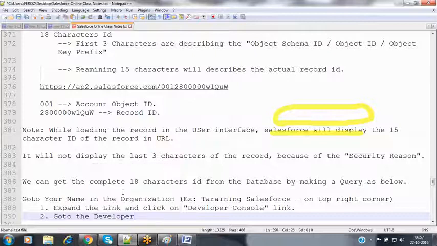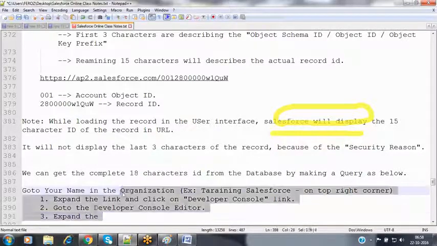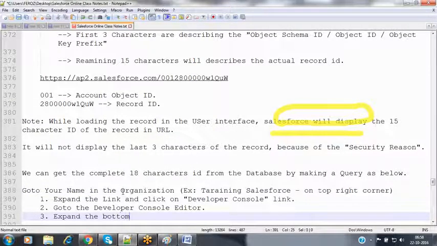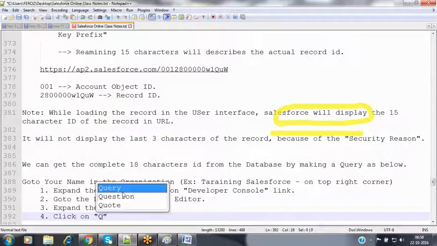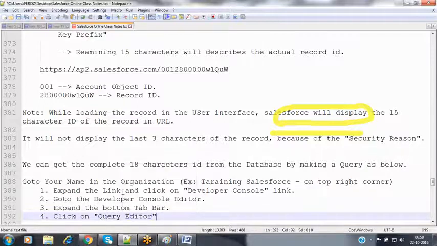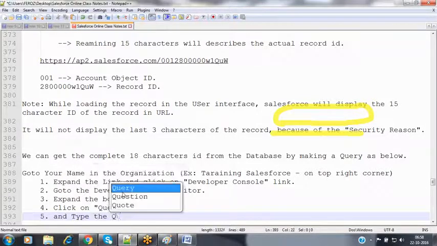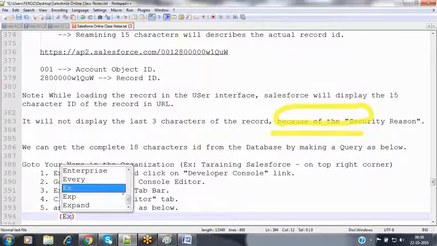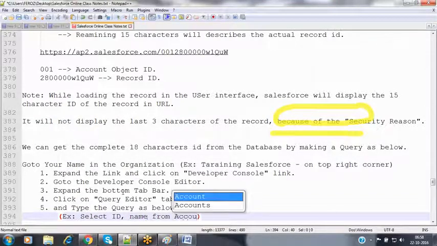Go to the developer console editor. Expand the bottom tab bar and click on the Query Editor tab, and type the query as below: Select ID, name from account.